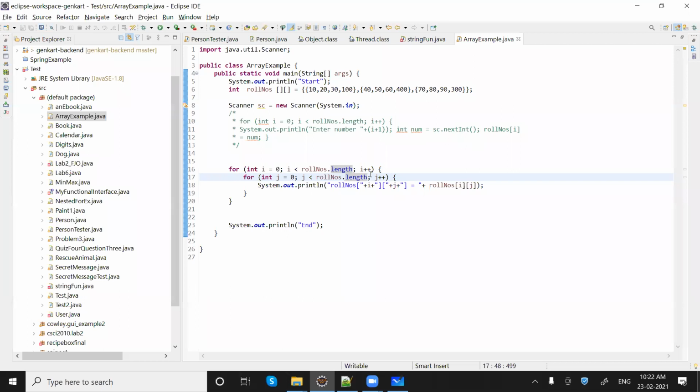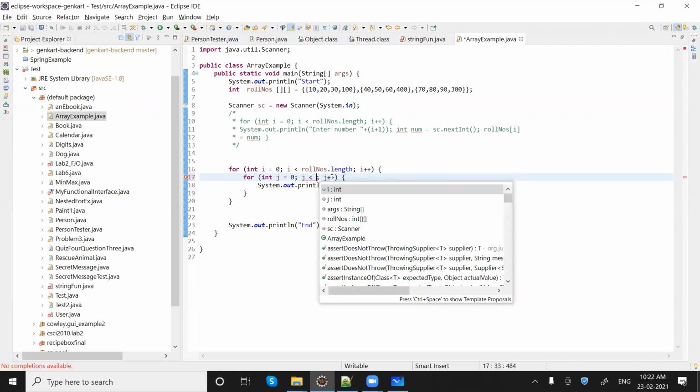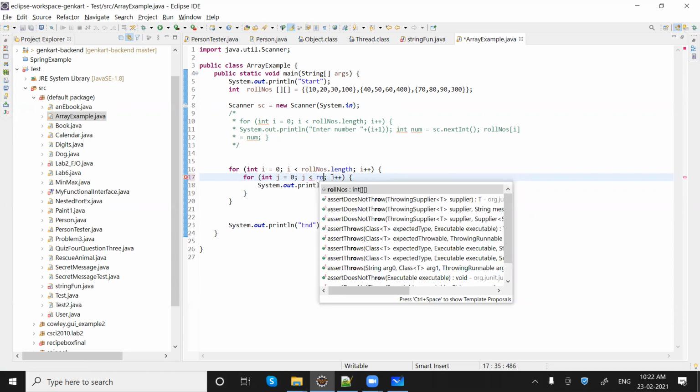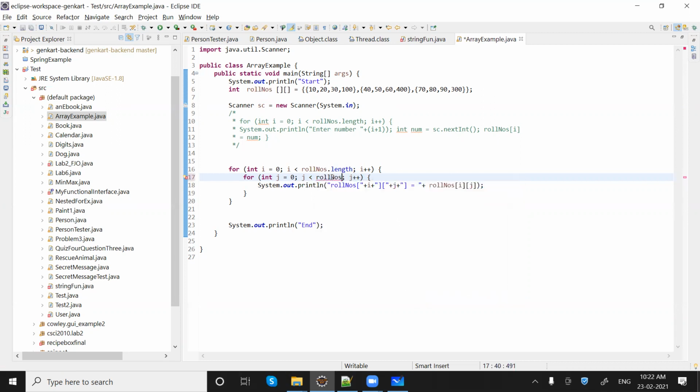So in this case, what we need to do is, we have another property, I believe, let me just recall. So it's roll numbers of i dot length, which means what is the size of this array?